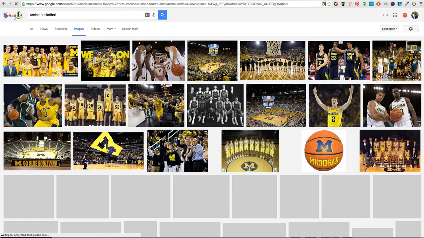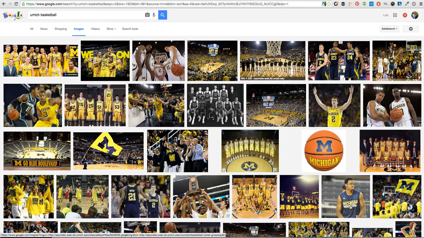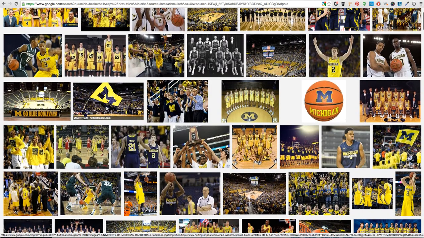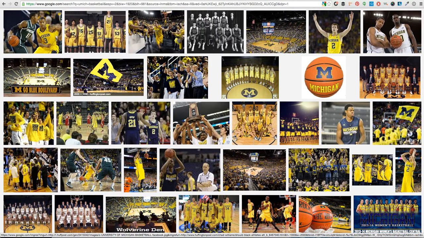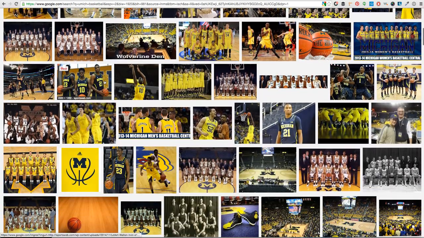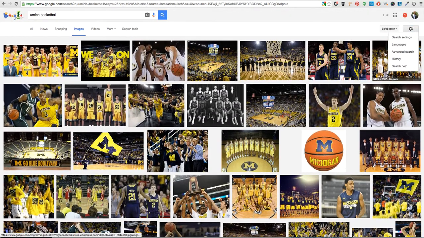So these are all images I can use, except that I have to give credit to these images. If I take this image from btm.com, I have to go and say image source btm.com, which is not a big deal, just like this Huffington Post one. It's probably the one we're going to use. It's a really nice image with a great flag. If you don't want to give credit,